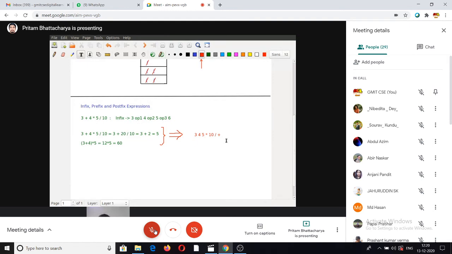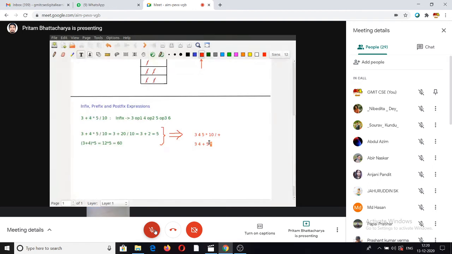Let me also write for the other one. So this is the corresponding postfix expression for 3 plus 4 within brackets into 5. Note here that you have the two operands 3 and 4 together, then the operator you have to apply on them, and then it's like one sub expression 3 4 plus, then one operand followed by an operator. So each operator has to be preceded by either two operands, or one sub expression and one operand, or two sub expressions.